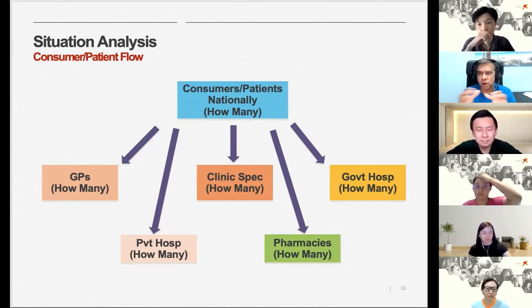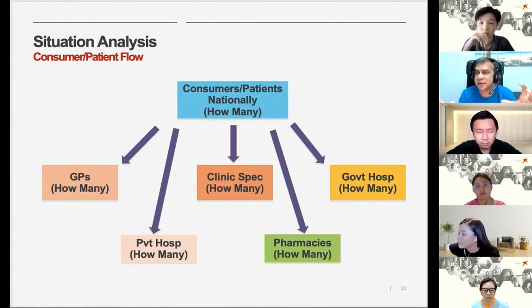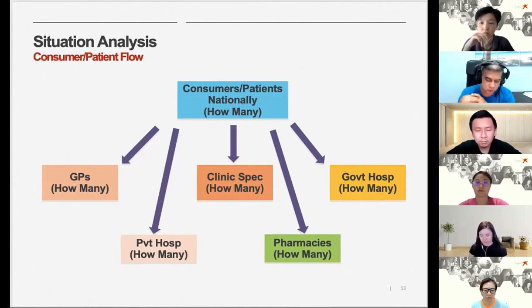So you can do advisory panels. You can have one advisory panel or a few. So you can have one for schizo, one for depression, one for whatever else that you are treating, Alzheimer's, for example. When you have an advisory panel, you get 6 key opinion leaders and you ask them this question: Doc, tell me, how many new patients do you think there are for schizo in Malaysia? So Dr. A will tell you this figure, Dr. B will give you another figure, and whatever it is, you just average it out.